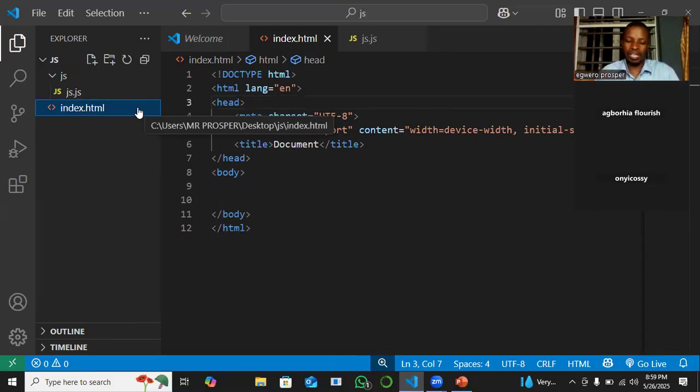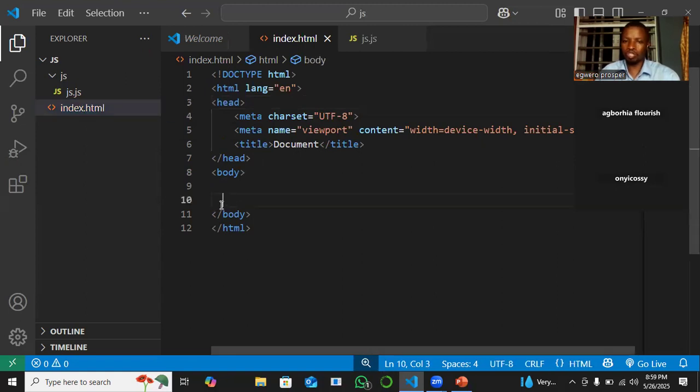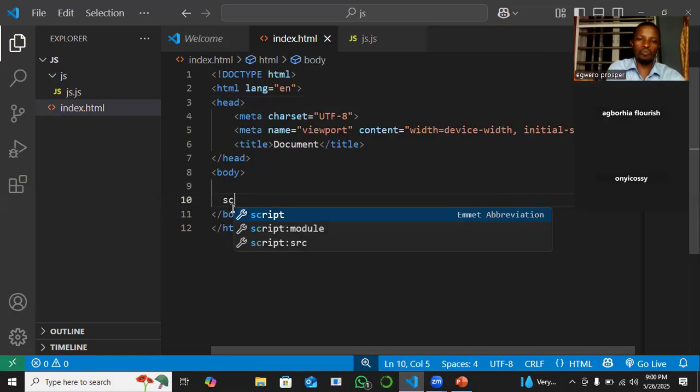Whenever you are working with external file system, there is need for both of them to be connected. Now, how do we connect the JavaScript with the HTML structure? Just like we did in CSS, we connect from the HTML, not from the JavaScript. So I'll go back to my HTML file and then go to that section before the closing tag. The only difference is that we are opening script tag, but this time around we are using the one that has src, which represents the source,